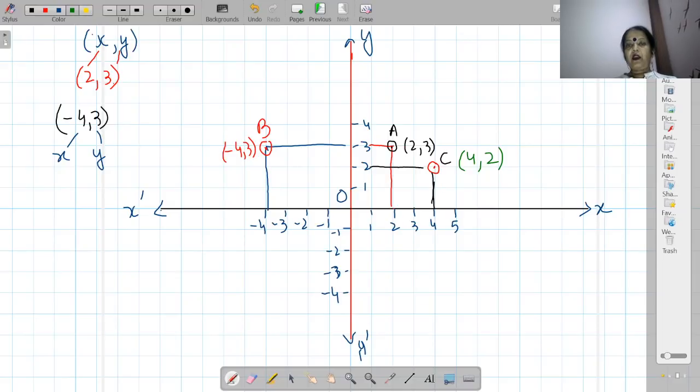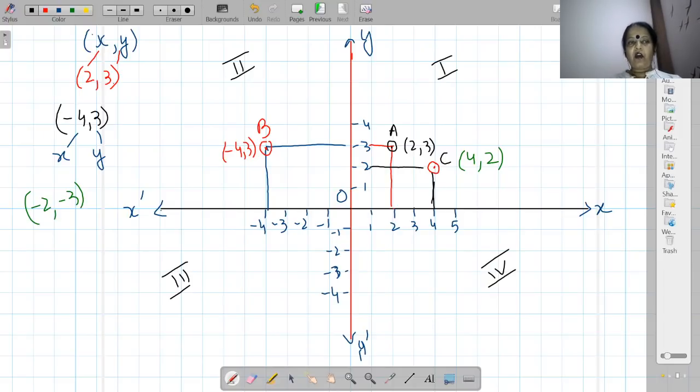Okay. Now, if I ask in which quadrant -2 and -3 lies, how can we do it? First we will plot these values on the graph. Let's see in which quadrant it lies. Before we go, this is the first quadrant, this is your second quadrant, this is third quadrant, and this is fourth quadrant.